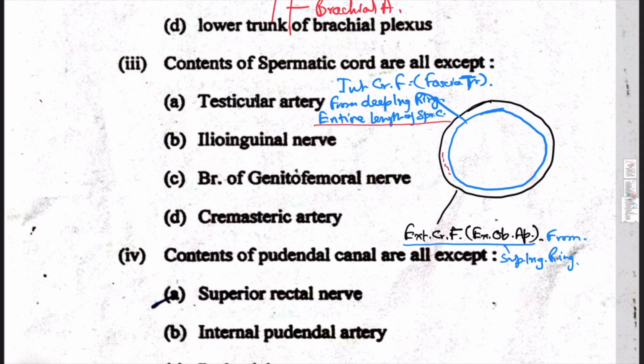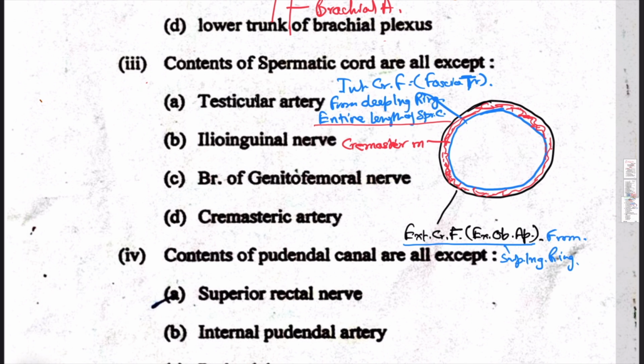By the way, in between these two, you will find a meshwork of smooth muscle fibers, having a lot of spaces in between, because this is like an extension of the two muscles in between. What are the two muscles? So this is actually the cremaster muscle, right? The cremaster muscle actually is a mingling of those smooth muscle fibers within the loose areolar connective tissue. So it's a loose bag of muscles,